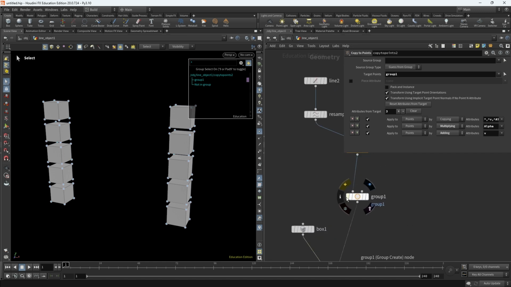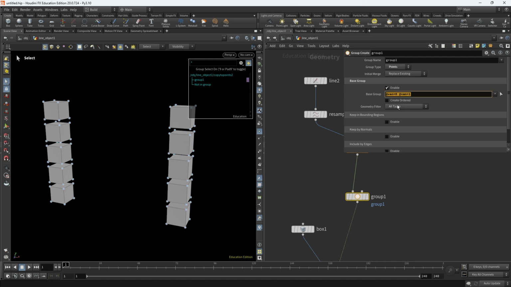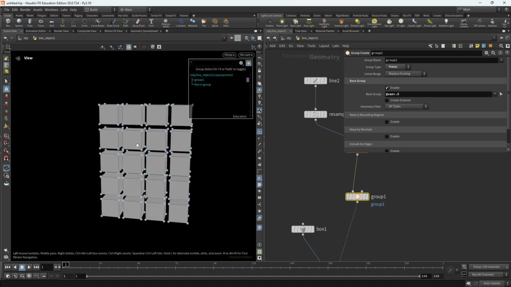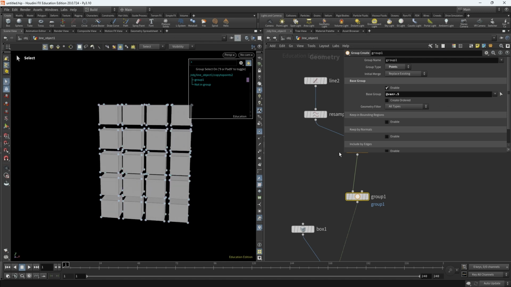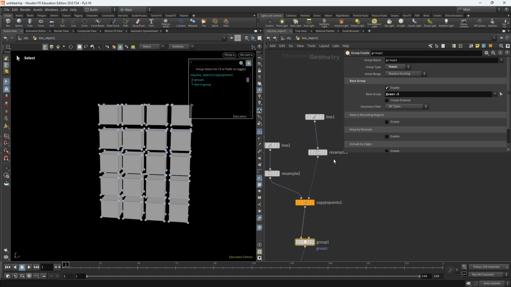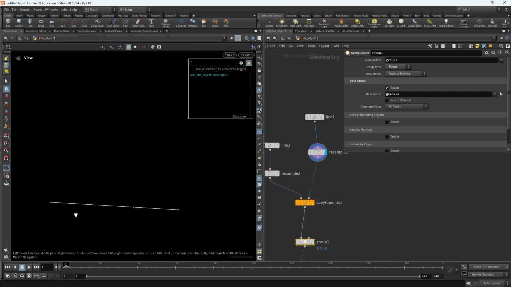I'll even expand this a bit further. Instead of using @van equal to 1, I'll just say @van greater than 0, or maybe greater than 0.5. And notice what happens. If your van attribute is greater than 0.5, then see in this resample node, notice that we have